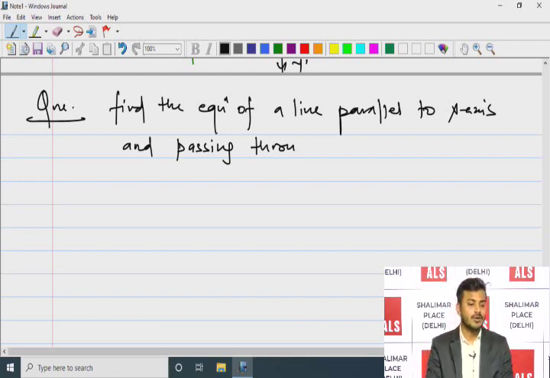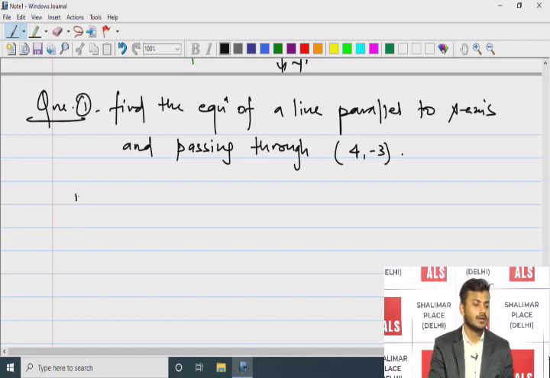Find the equation of a line parallel to the x-axis and passing through (4, -3). Okay, first question. Second question is, find the equation of a line